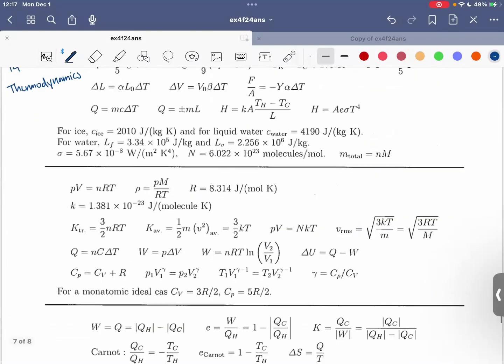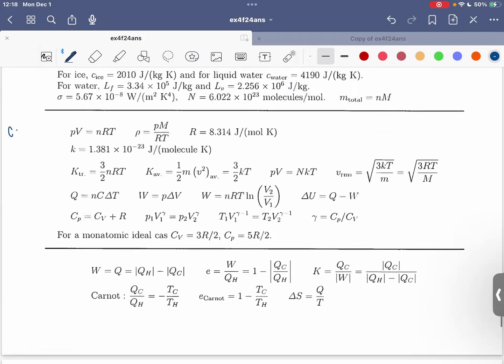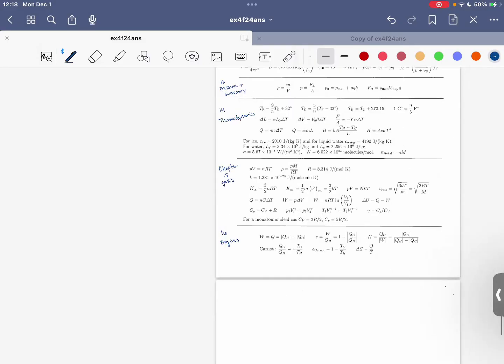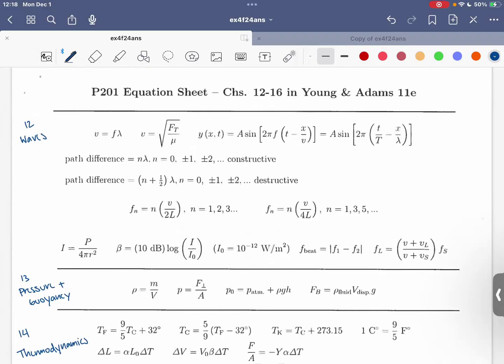And then chapter 15 is covering gases, ideal gas law, heat. So chapter 15 is gases. And then 16, we have engines and some entropy. And so our most important formulas from each section,